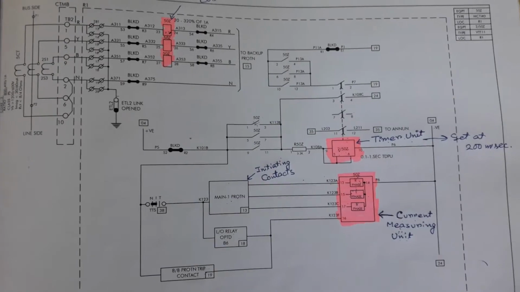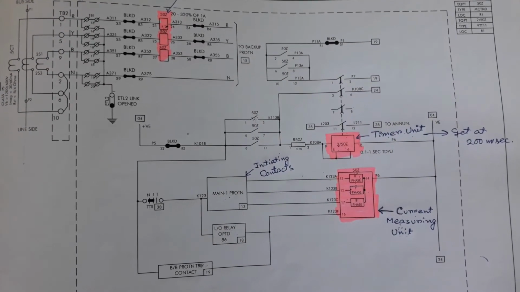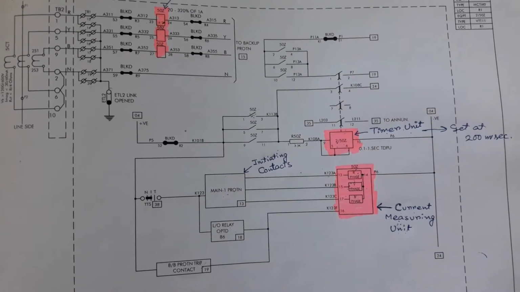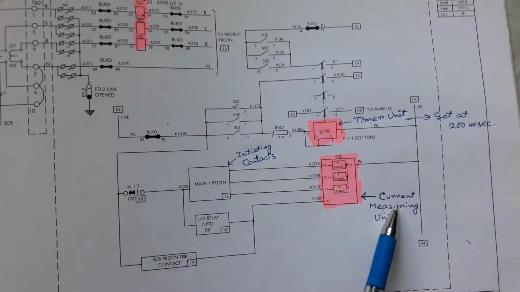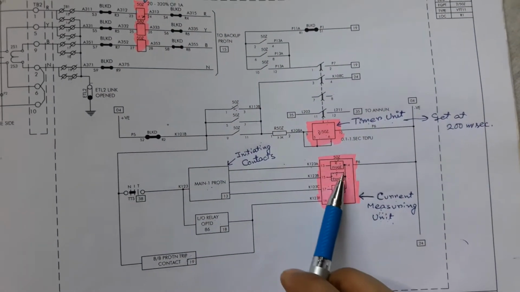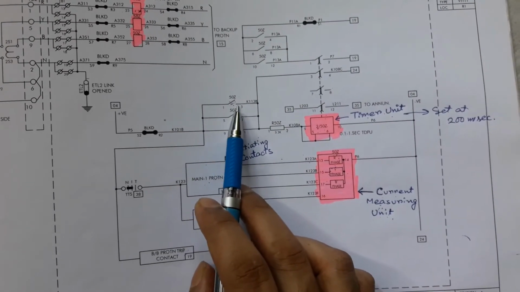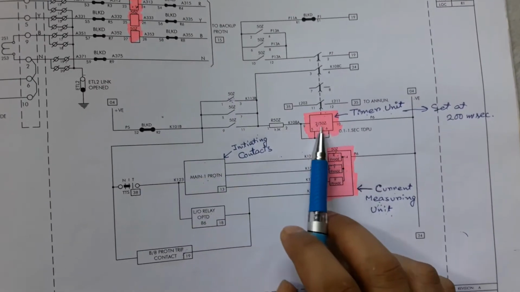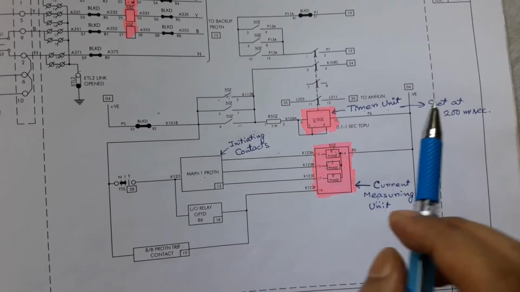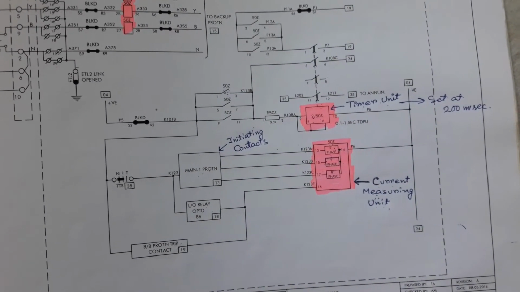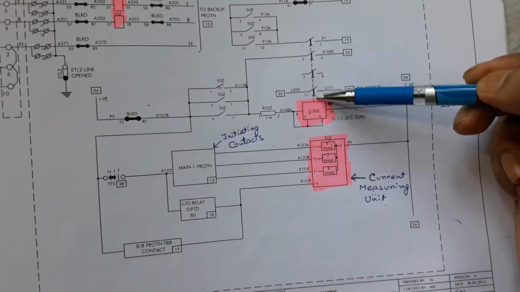But if the circuit breaker fails to clear the red phase to ground fault, then fault current will still be present in the red phase circuit, and that current will be measured by this current coil of the current measuring unit of LBB protection relay, and this contact will stay in make condition, and this timer unit will continue to count time, and after a time delay of 200 milliseconds, this relay will make these contacts.